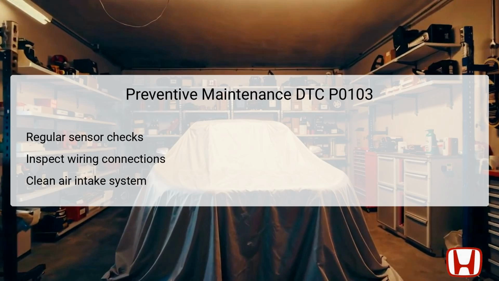Preventive maintenance plays a critical role in avoiding issues like DTC P0103 in the future. Implementing a routine check of sensors, including the MAF sensor and IAT sensor, can help identify potential problems before they escalate. It's equally important to inspect wiring connections regularly for signs of wear, corrosion, or damage, which can compromise electrical